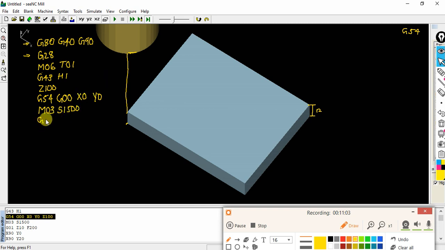So for that, if you want to involve the cutting action, then you need to use G01, that is the linear interpolation. Okay, G01, bring down the Z height, Z10. So if from 100 I am bringing down my cutting tool to the 10th position, and feed you define it as 200. So now the cutting action will take place from this starting position.